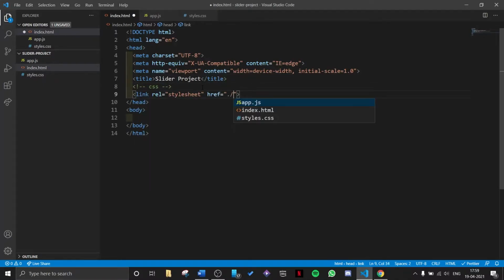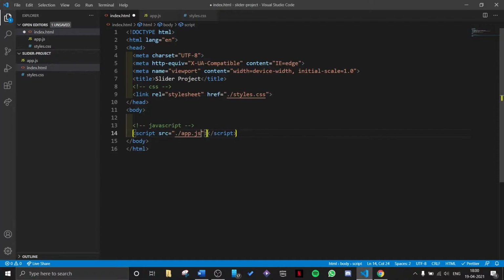Link, and then I will link my JavaScript file to my HTML file as well. So let's do that, app.js. Yeah, so now we can start coding.